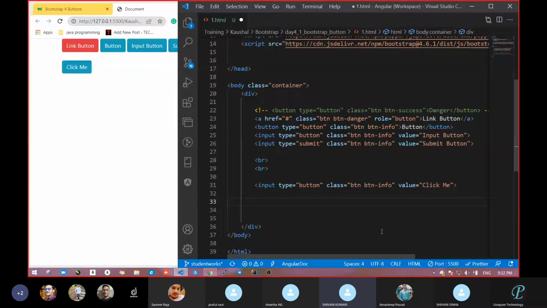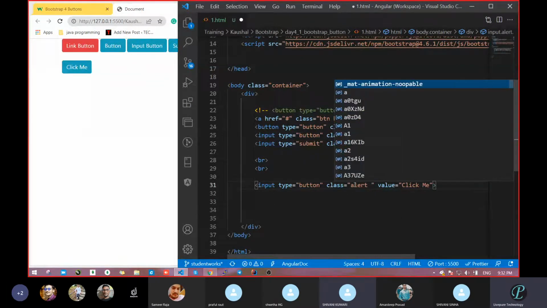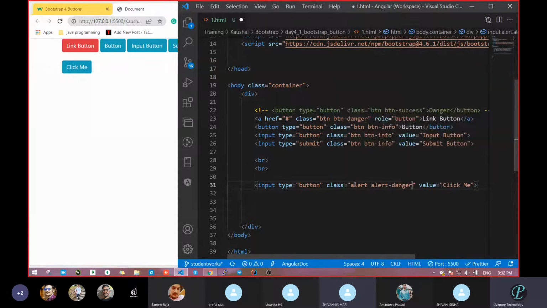Suppose let's do one experiment. I don't know what it will do. Let's take an alert here, and take alert-danger. Let's see what it's going to do. Has it done anything? In the case of danger, we should get the complete dark color.